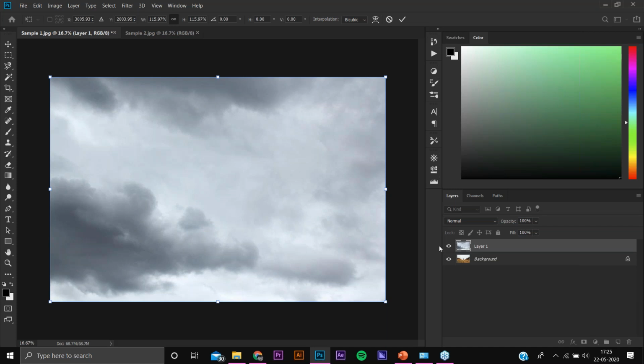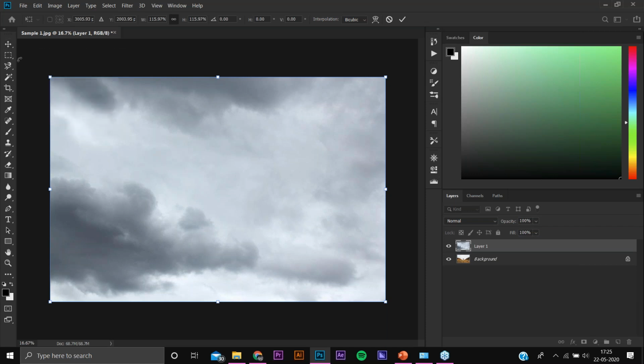Now I will show you some basic tools in Photoshop. Photoshop is divided into four parts. On the left-hand side, you can see the toolbar, in which the first tool is the Move tool. The second one is the Marquee, which is a selection tool.